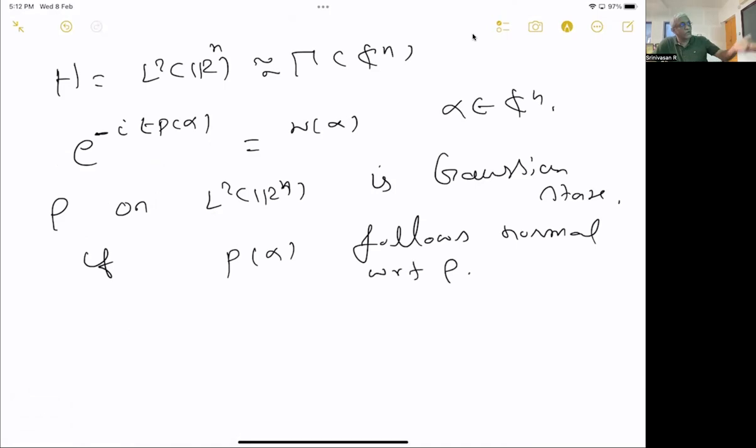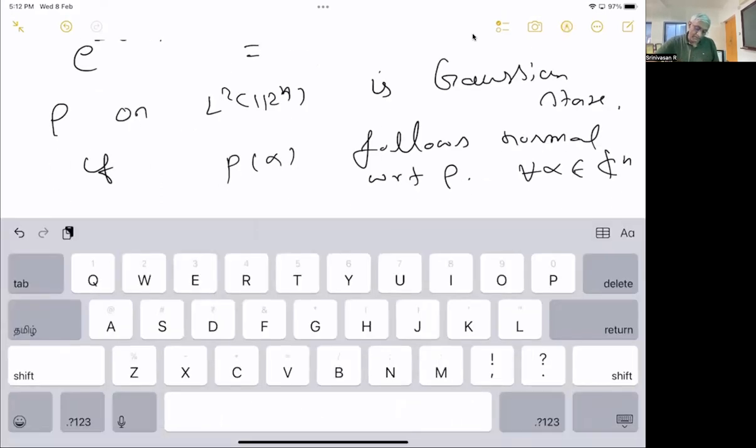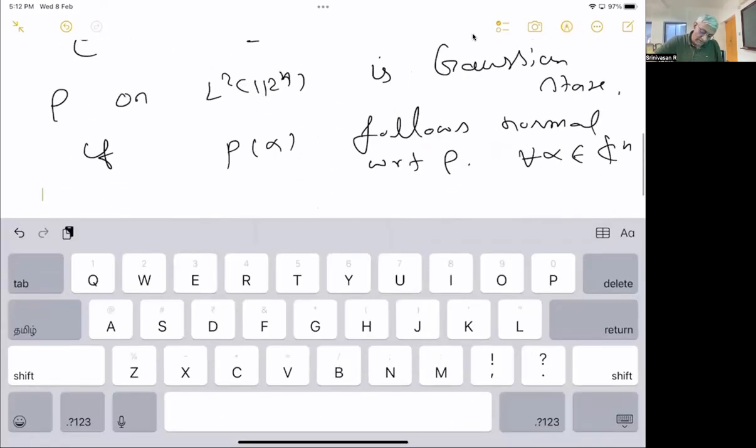This rho gives rise to a distribution on the spectrum of P(alpha), and that is supposed to be a normal distribution. Then we call it a Gaussian state, for all alpha in Cn. Okay. So this is equivalent to saying,